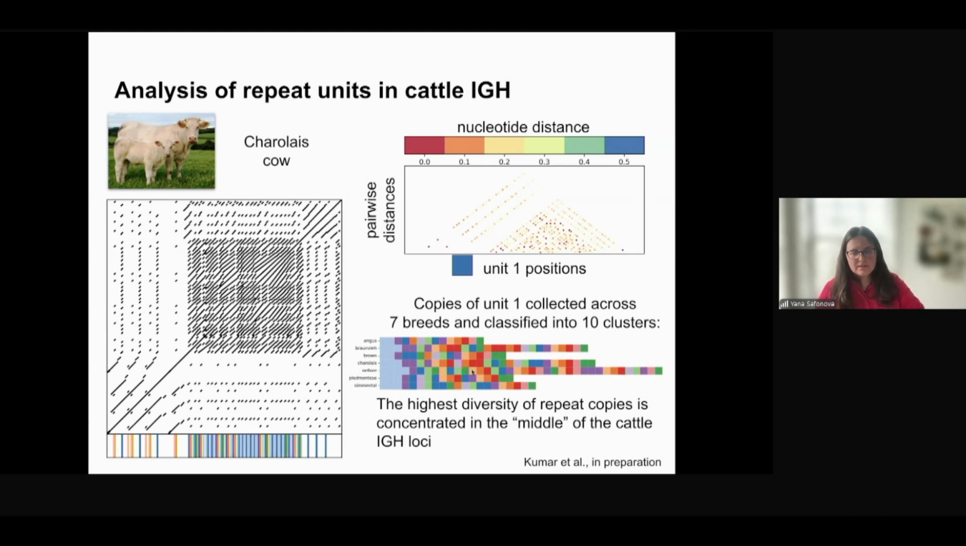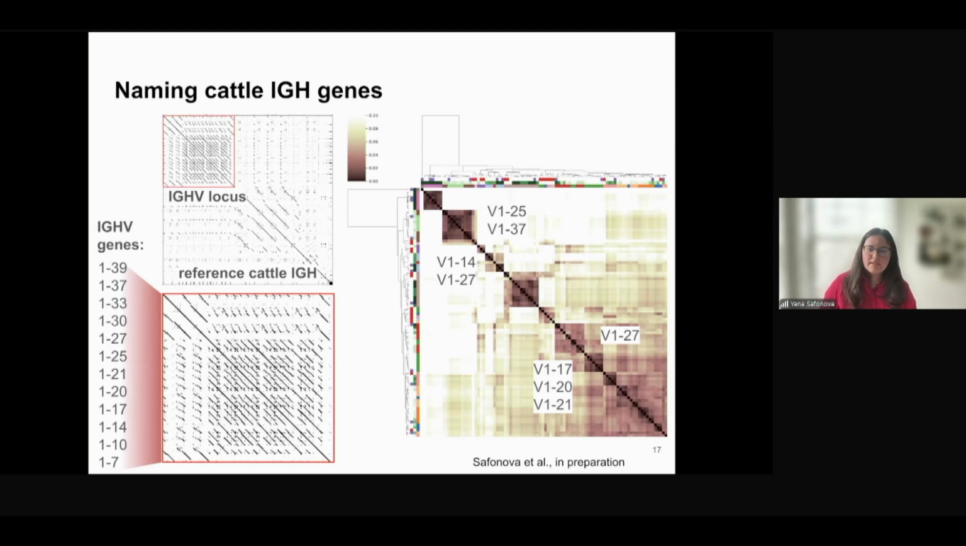However, we can also see that there are some repeating patterns of clusters, telling us that that's probably the building block of this locus, and it can be expanded or contracted, but overall we might be able to reconstruct rules according to which this locus can change. And once we can do this, we can also start talking about pangenomes and maybe even representing this locus in a more succinct manner. But on the other hand, it creates a lot of challenges for names for cattle